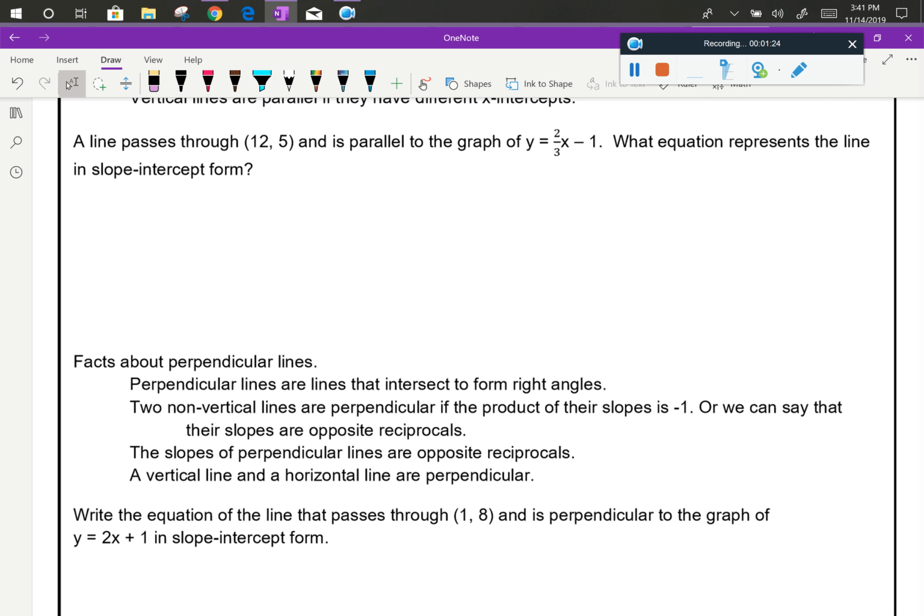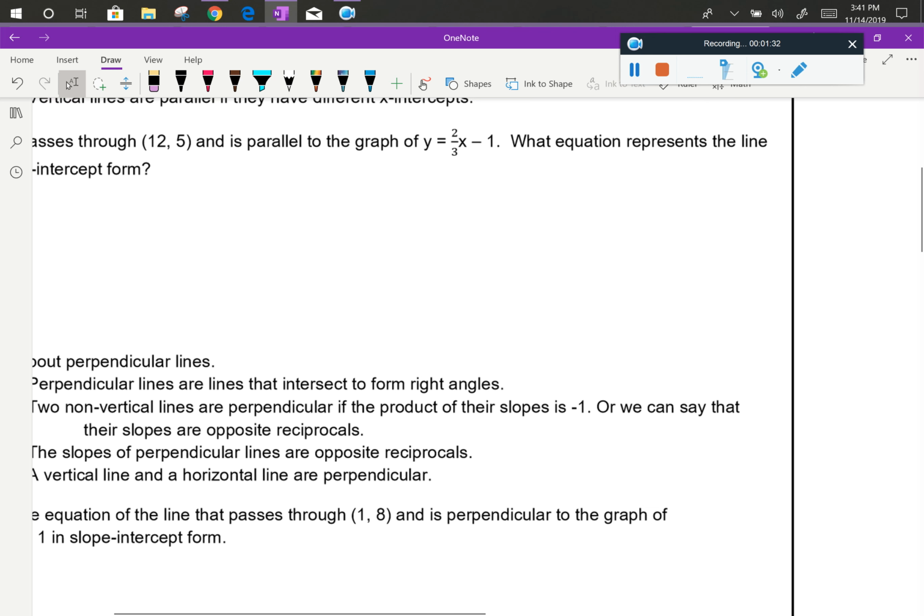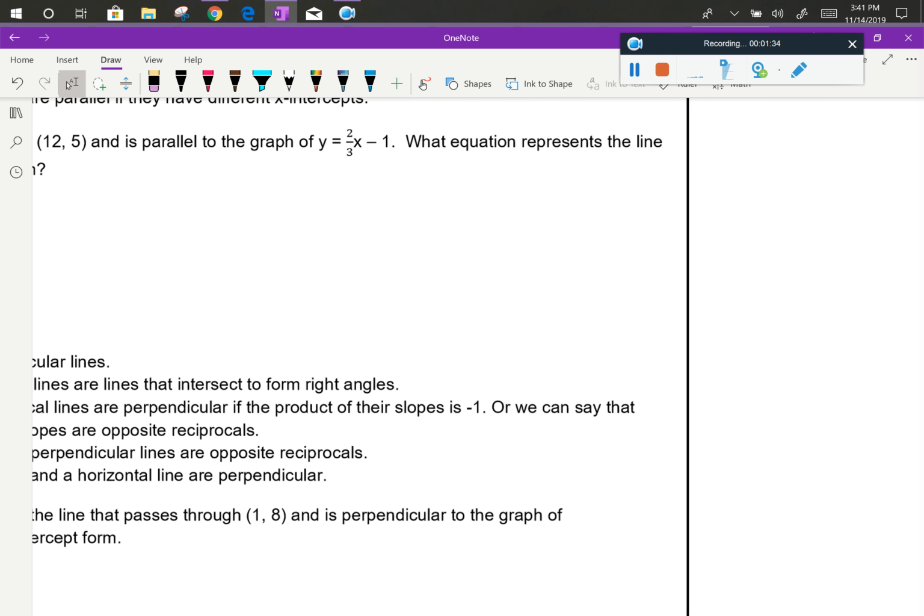A line passes through the point (12, 5) and is parallel to the graph of y equals 2/3 x minus 1. Now, I'm going to draw you a quick sketch so you can envision the situation, but you won't need to draw a sketch when you're doing the problem. So I'm going to do it off to the side. So if I imagine the line that starts at -1 and kind of goes up 2 and over 3,